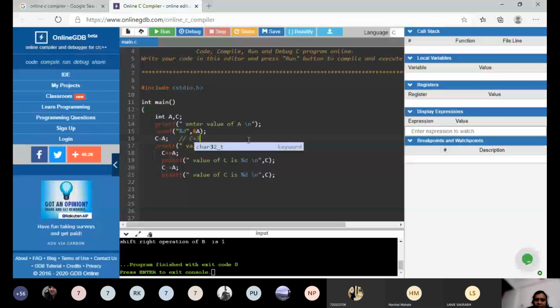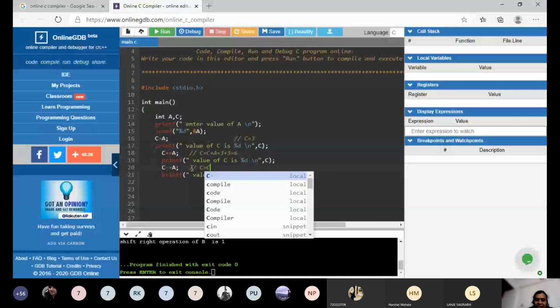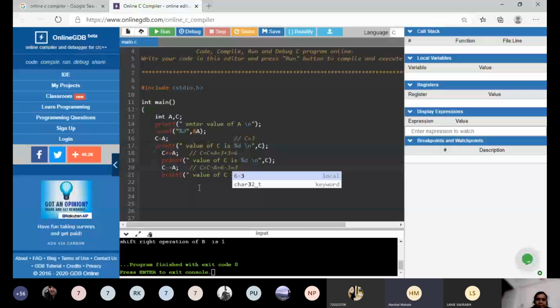Now here what happened? C equal to C plus A, that is 3 plus 3 equal to 6. The value of C became 6. Now here C equal to C minus A, that is 6 minus 3, which is equal to 3. Right? Yes, ma'am.